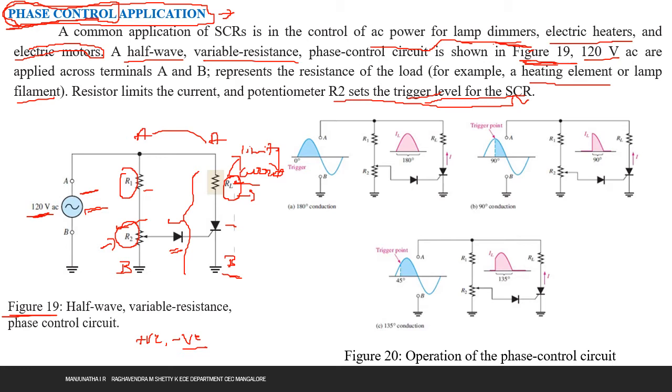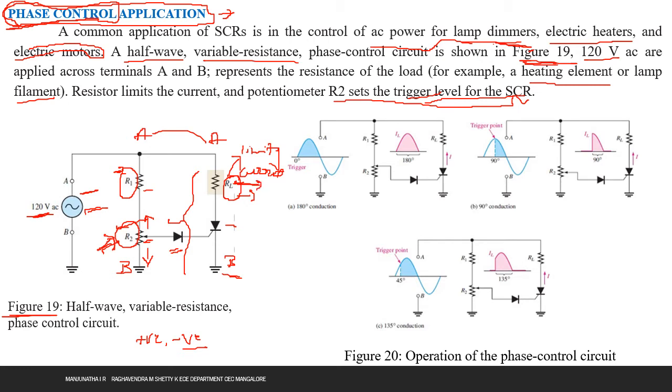R1 is fixed here. There is no change in the R1 value, but the load resistance and potentiometer resistance can change. We know how a potentiometer works, right? So we can vary the resistance value from the potentiometer. Just observe the arrow mark here. We can vary the potentiometer in this direction or this direction to set a particular resistance R2, and the load resistance also.